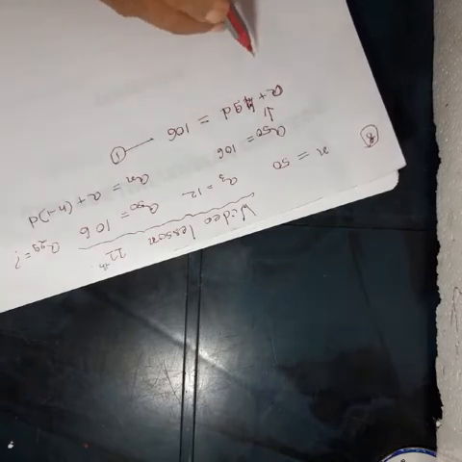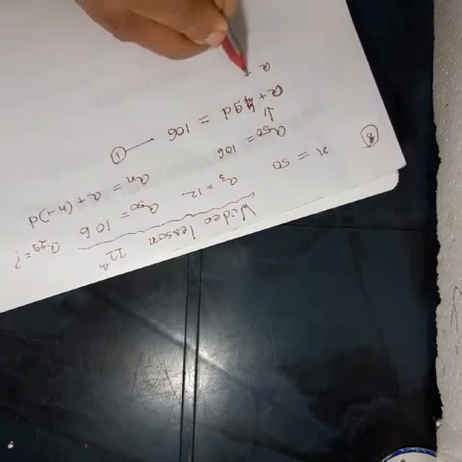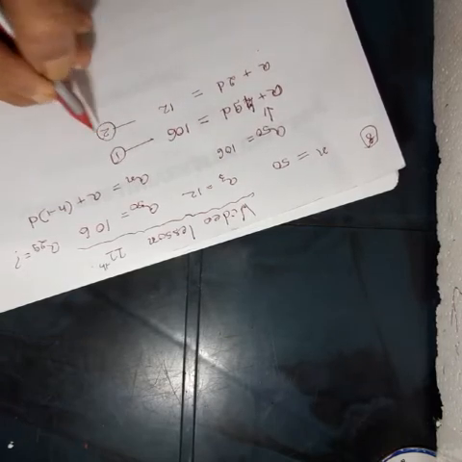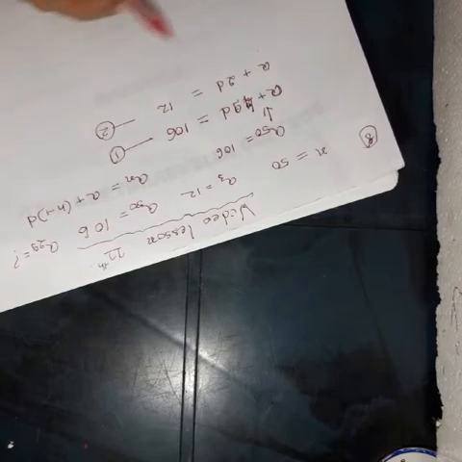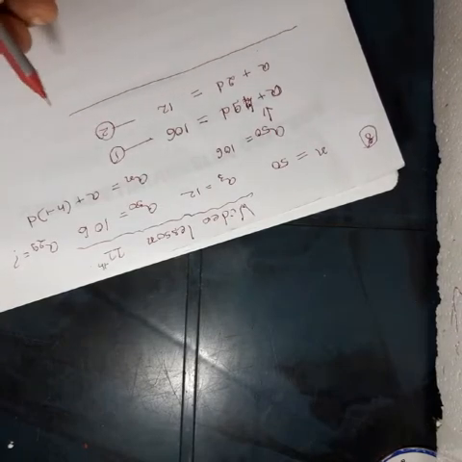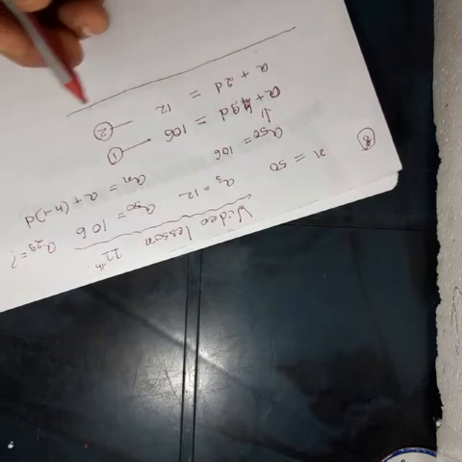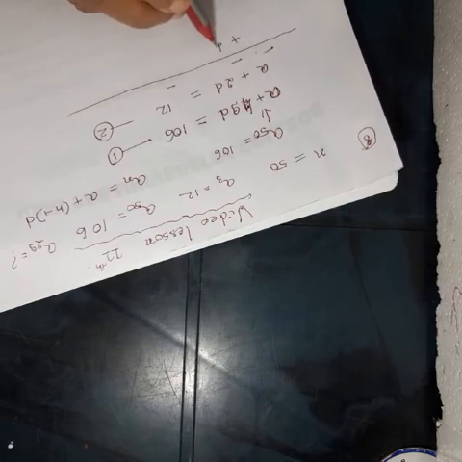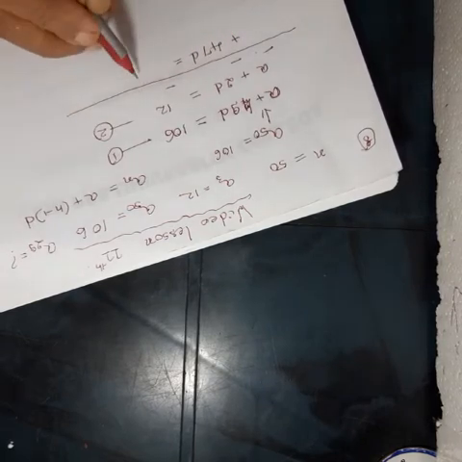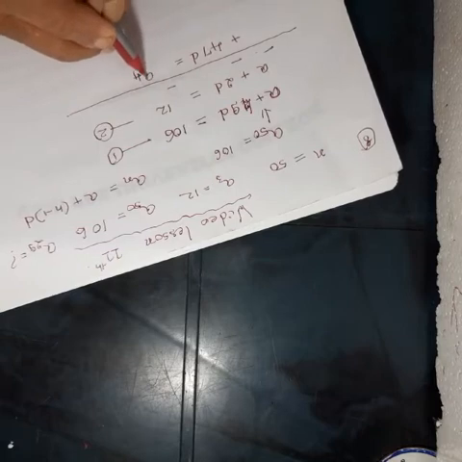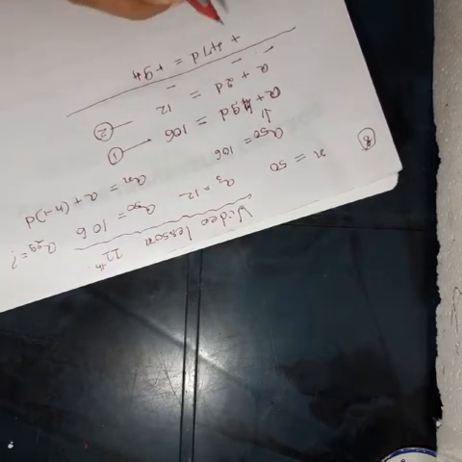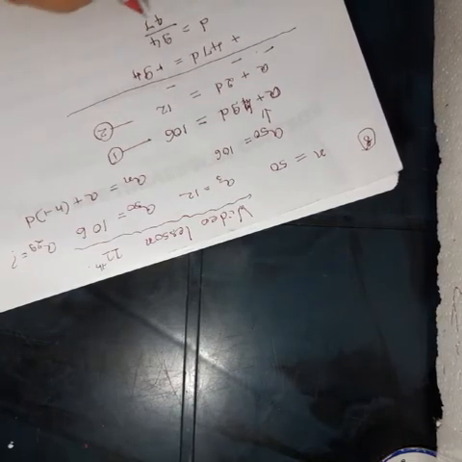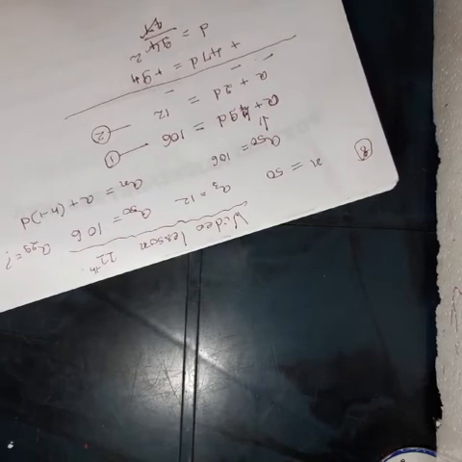And then A3 is 12, which they have given us. So a plus 2d is equal to 12. Then I will solve these two equations as usual. Subtracting, I change the sign, so it will be 47d equal to 94. So d is equal to 94 by 47, and it cancels and you get d equal to 2.